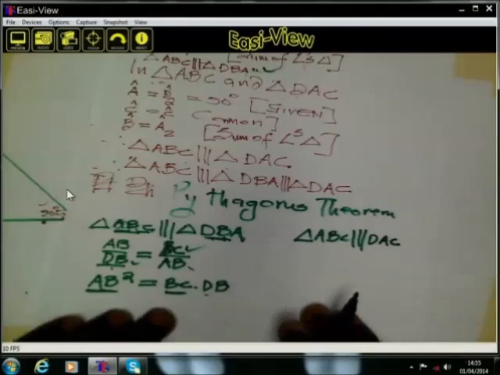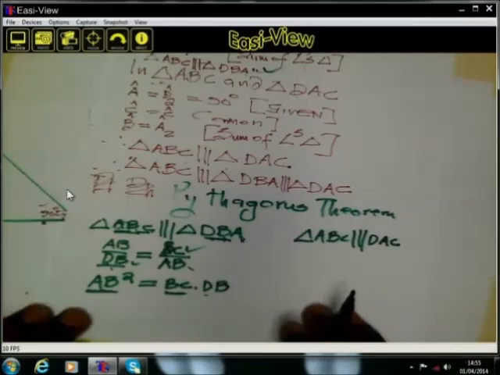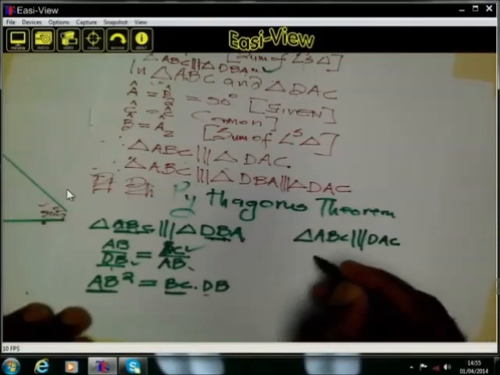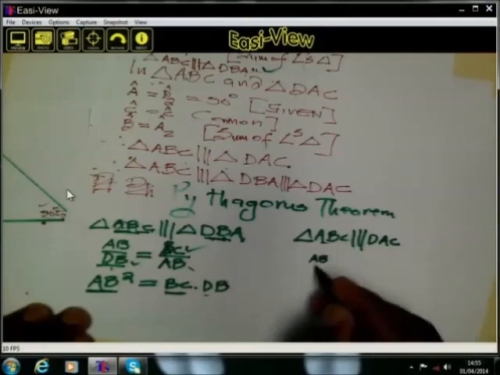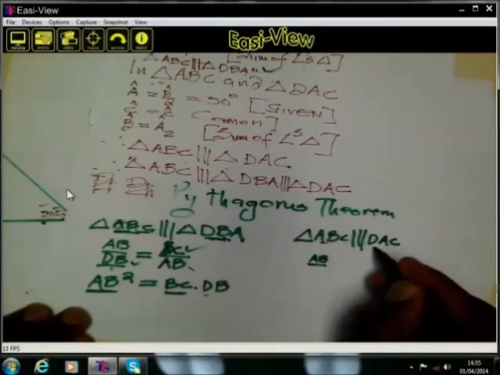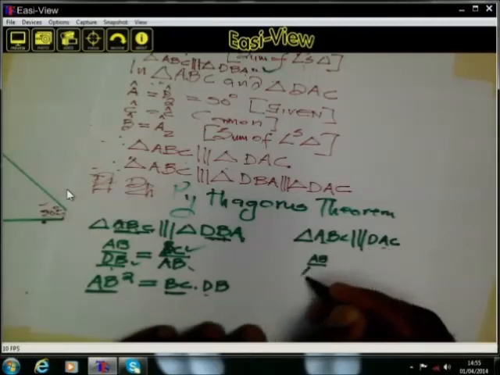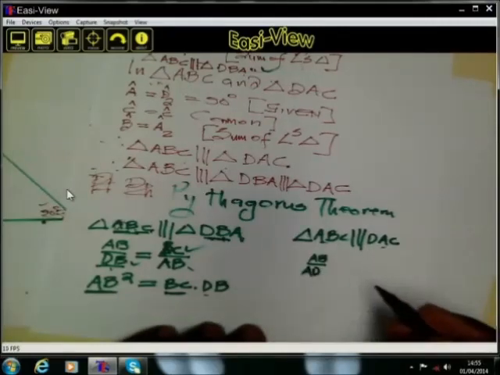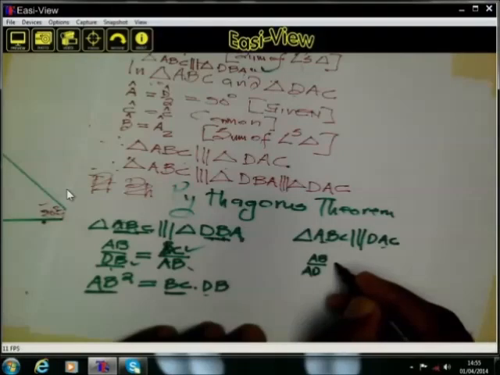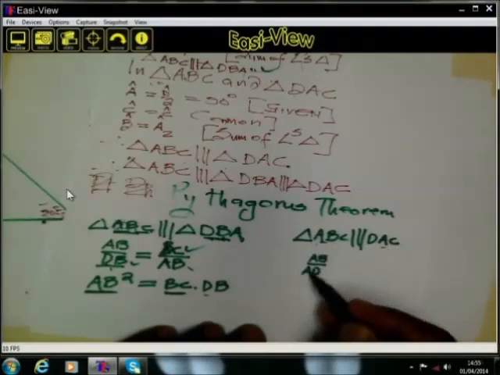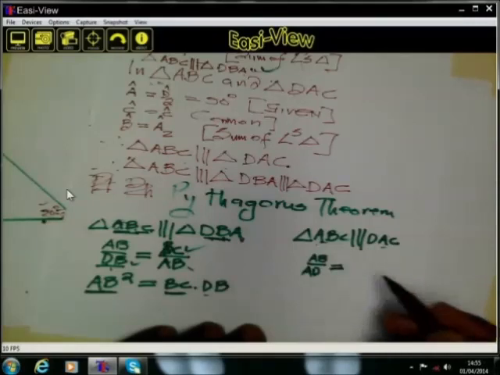Now, in here, I am saying AB again. AB, that is this side, has to be over that side. It has to be over DA, because these are in proportion. This must be equal to